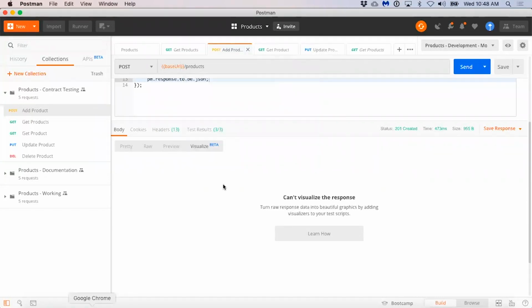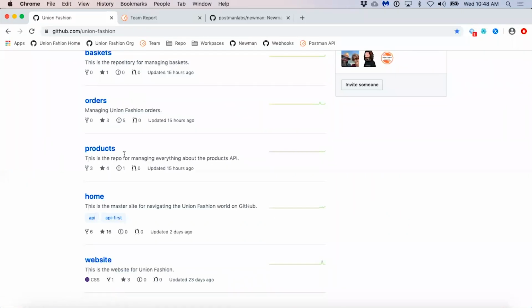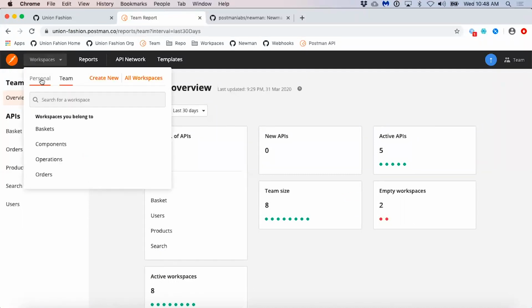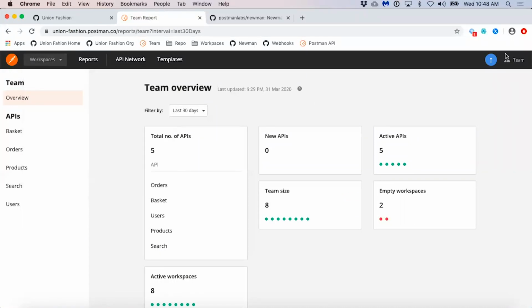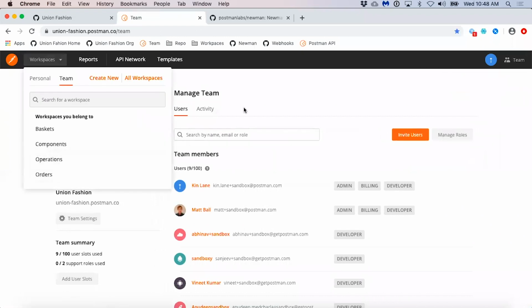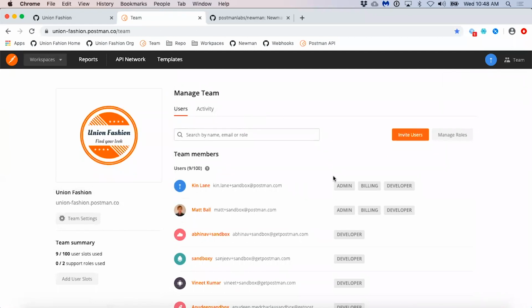One of the things I would like to figure out how to do, I'm still working with my team, is how can we have guests come in and work here as part of the team. So how could we maybe add people to a team and let you come in and browse what's actually happening across workspaces and be part of the actual action in here. I don't have a solution for that, but I'm going to work on that as part of the evolution. So stay tuned. Union Fashion, the reference implementation, is really the point of reference for a lot of this.